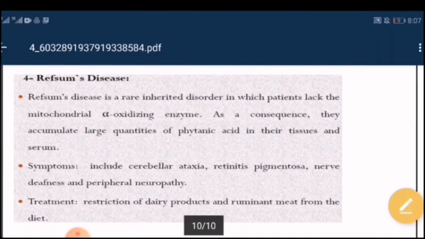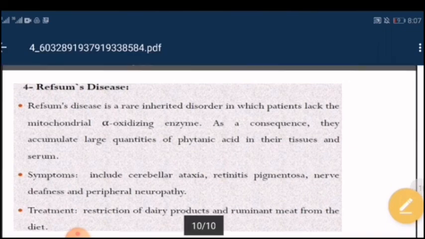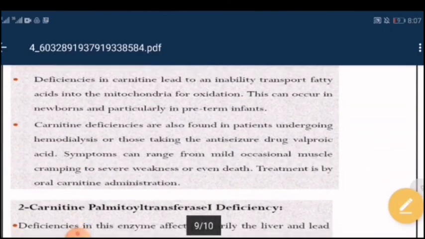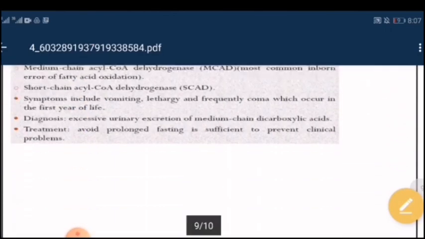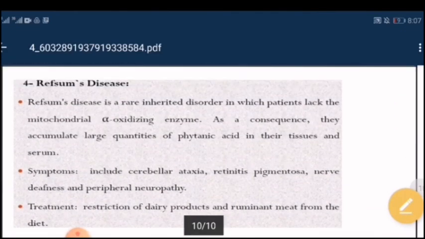Finally, what if a deficiency occurred in the alpha oxidizing enzyme? Well, here we were talking about the beta oxidation problems. Now we are going to talk about alpha oxidizing enzyme deficiency. Remember, alpha oxidation is special for phytanic acid, and so if the phytanic acid is not oxidized, it would accumulate, and its accumulation results in retinal pigmentation,